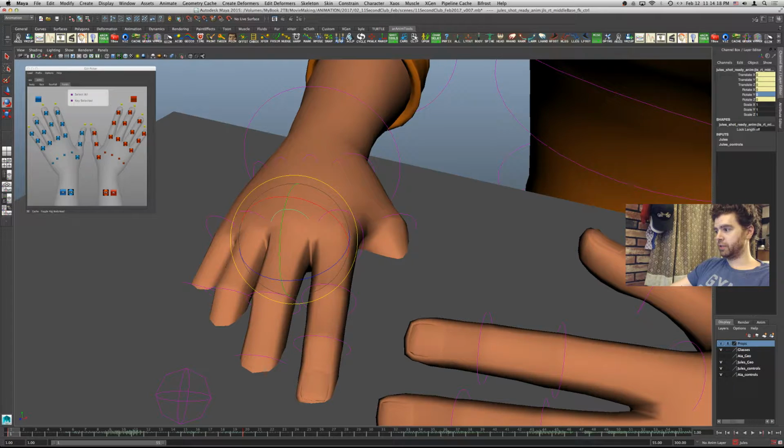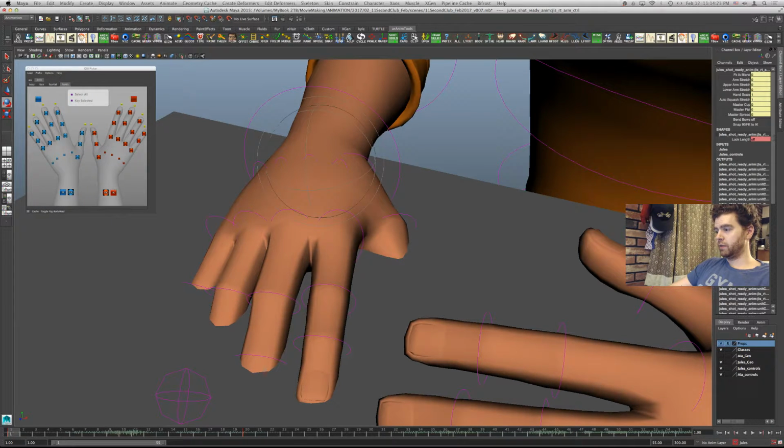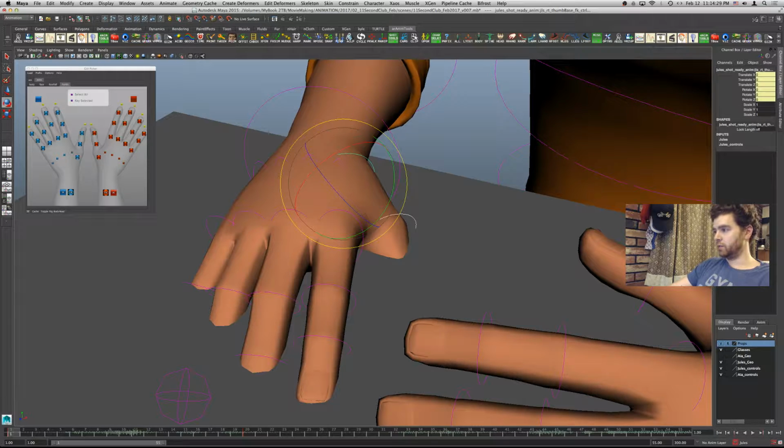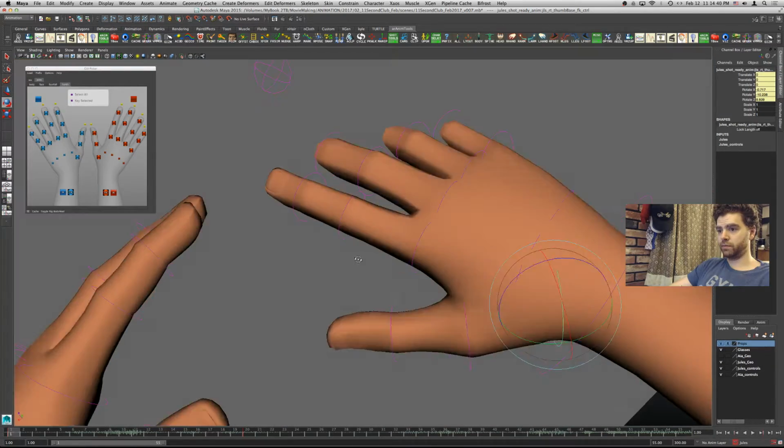I'll just spot check these, make sure they all transfer over. Great. The wrist, I think, is already there. Sweet. So I want to make sure that I have a functioning character set, because that allows me to easily key everything all at once.